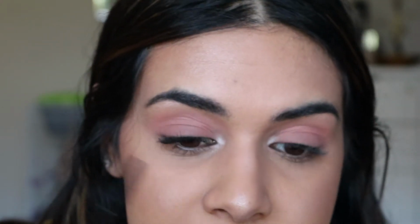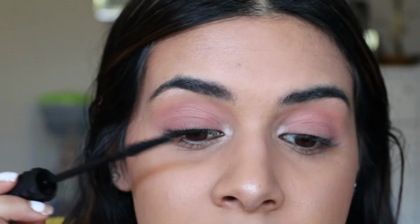So right off the bat, you can see the volume already. It's made my lash line look a lot thicker than this one if you look at the difference. So it kind of looks like you've got false eyelashes on, and also it's kind of flared out my lashes